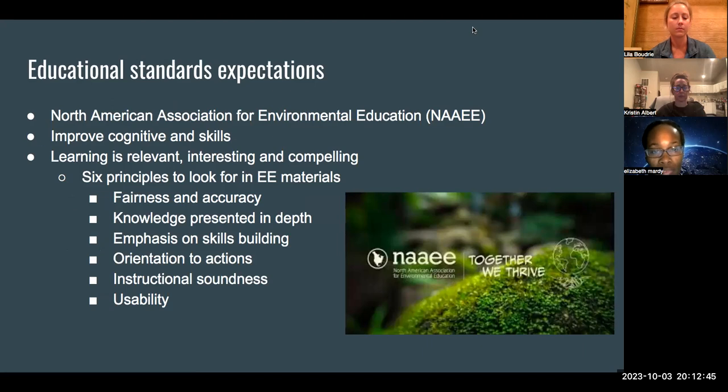So for planning environmental education that will help learners meet relevant national, state, provincial, and even local educational standards, you can use a guideline from the North American Association for Environmental Education. It is used for K-12, and it correlates standards with national standards for art, science, civics and government, economics, any subject that we've been learning in grade school, and helps learners improve their test scores, grade level achievements, and quantitative skills,